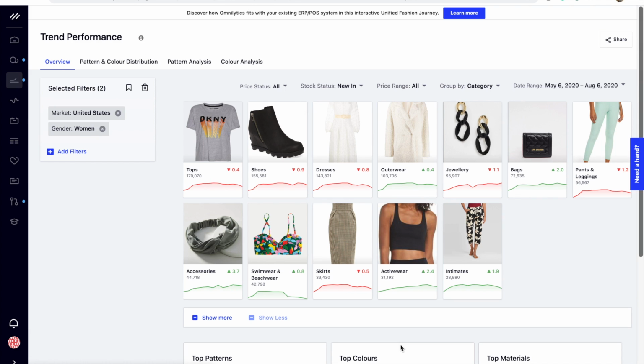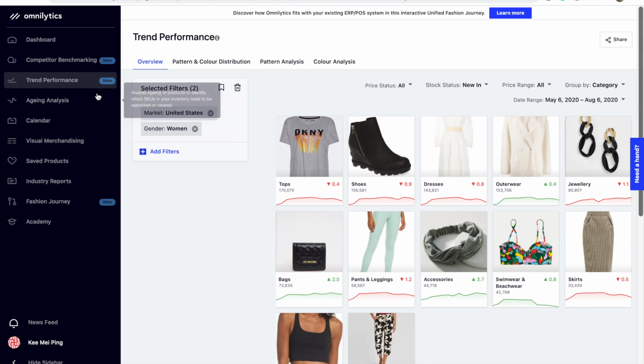Trends are commonly spotted through sources such as magazines, social media, or on the runway. However, it gets more challenging to differentiate a trend from a fad. Hence, it is crucial to validate trends with data-backed insights before adoption to ensure commercial success. In this video, we will be guiding you through how to validate trends by using the trend performance and